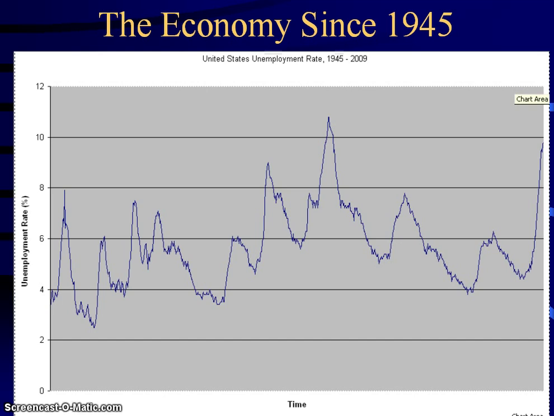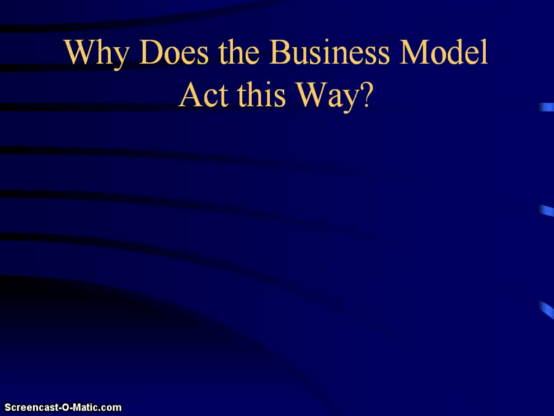And unfortunately, as you can see all the way to the right, we are at a very high point of unemployment. Really only the early 1980s was the only point that it was a little bit higher. So it looks like overall we've had about 9 business cycles since the end of World War II. And that's the actual data, so it kind of gives you a real picture of it.